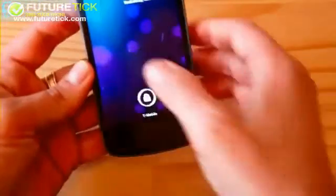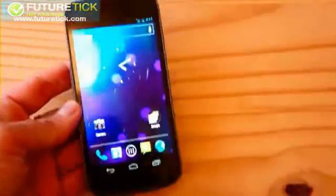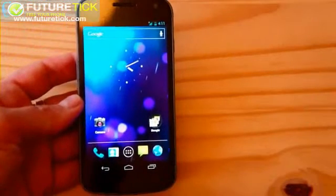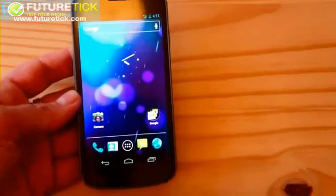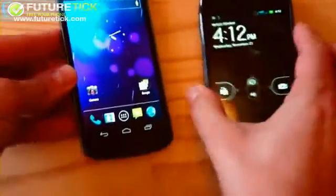There's two more that I think are pretty significant. This is the HSPA Plus unlocked version of the Galaxy Nexus, but there will be an LTE CDMA version on Verizon, and Verizon currently has two pretty significant phones available. So I wanted to give you a chance to see the Galaxy Nexus side by side with, first of all, the Droid Razr. So here's the Droid Razr,